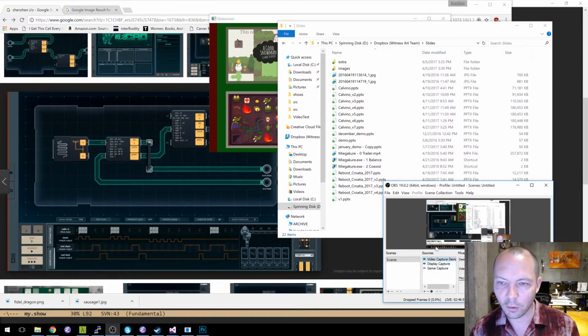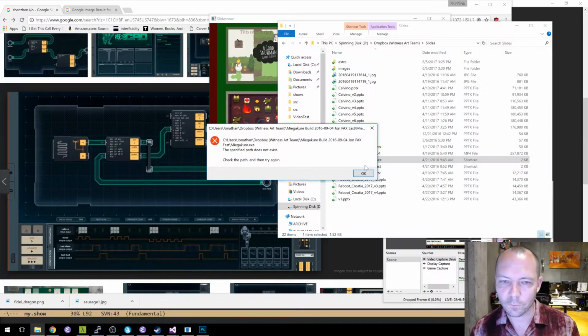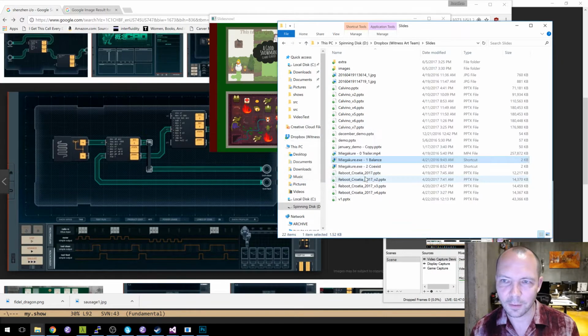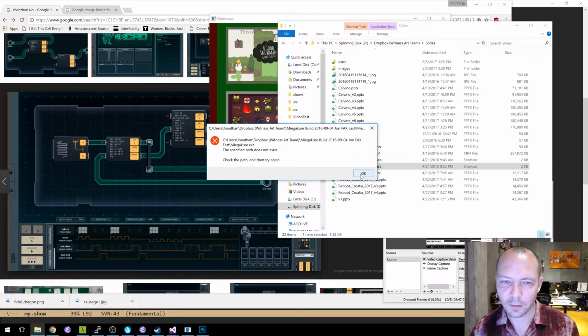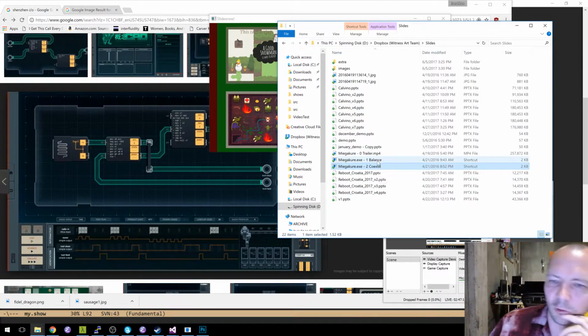I've got some Miegakures. Let's see what we got here. What? Oh, those are shortcuts to the demo, those aren't shots. Oh, bummer.